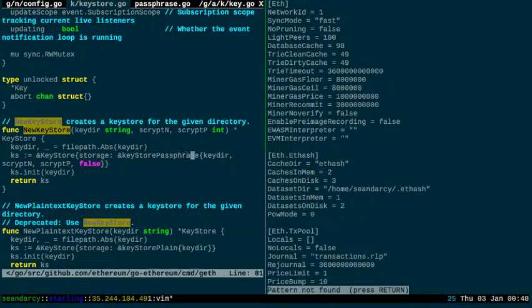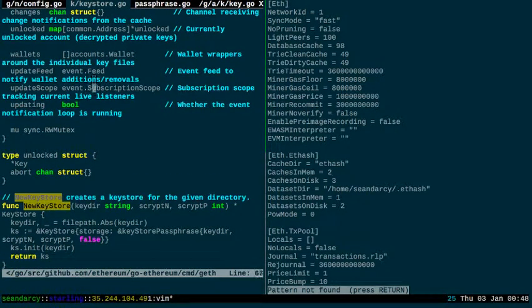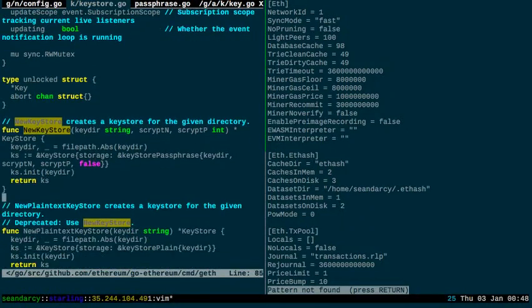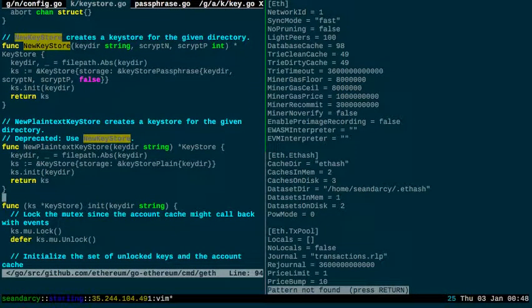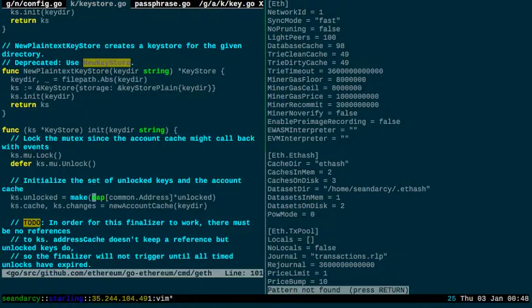So they just make a key store that has the storage of this key store passphrase, and they call init on it. What's init do? Locks it,